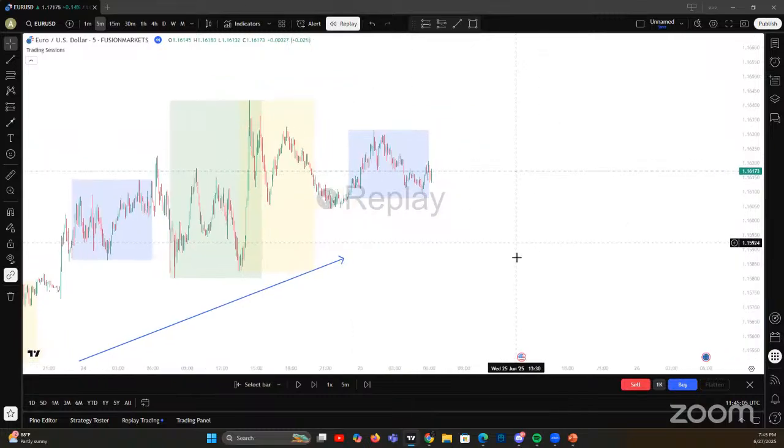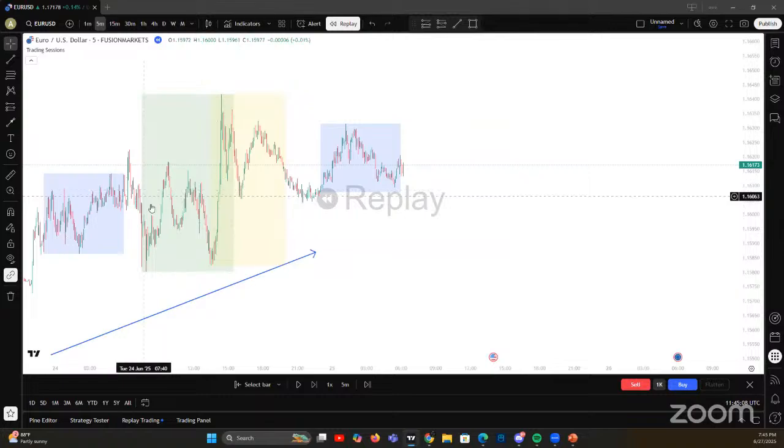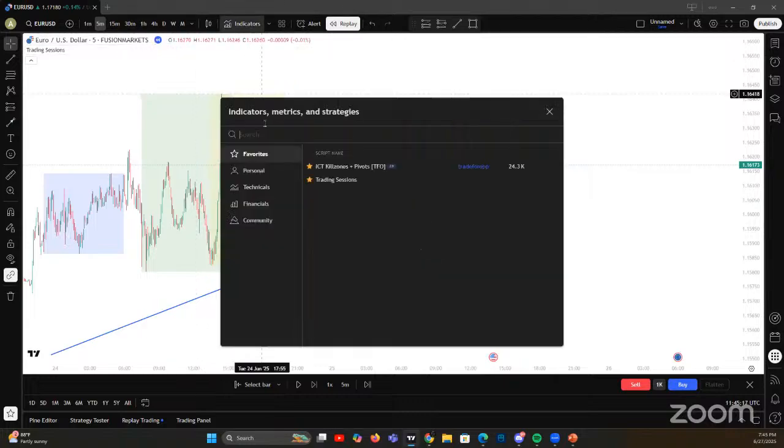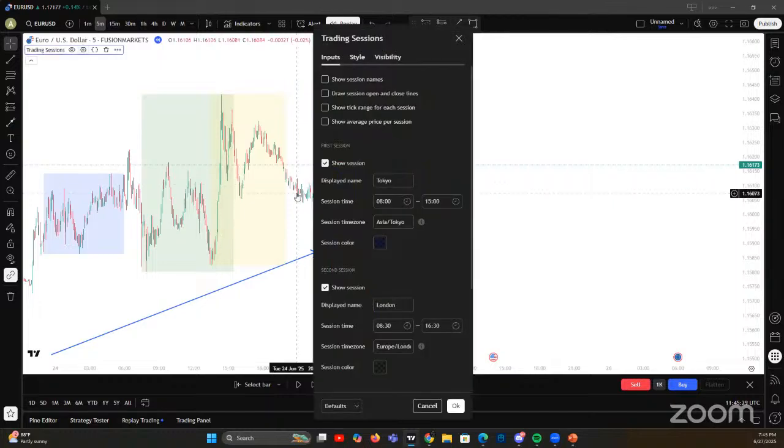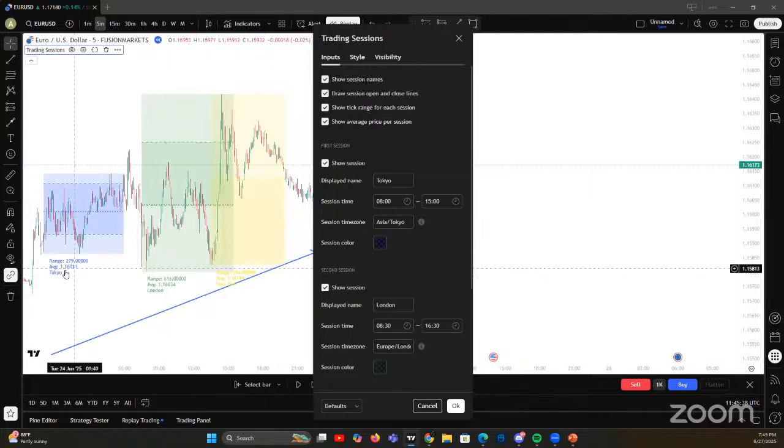Maybe you are asking, what are these colored boxes? These are the sessions. You just go to TradingView, go to the indicators, and find trading sessions. That's it. Search for trading sessions and you will be able to have this on your chart. It's very easy. Just go to the settings, in the inputs. When you first apply this, you will see all this information, which we don't need. So I remove the show session names. You can see Tokyo is blue, London is green. I changed this, and